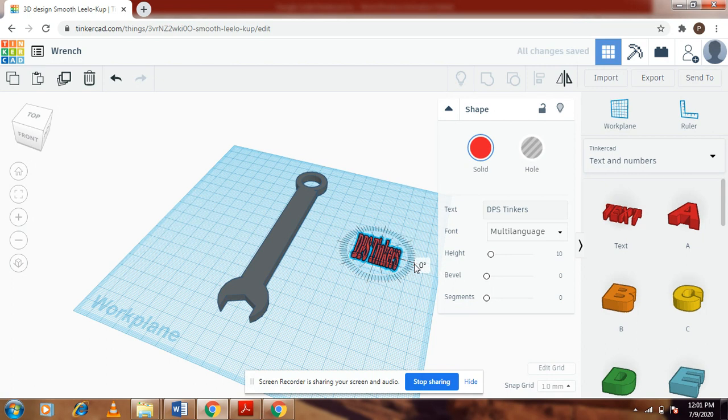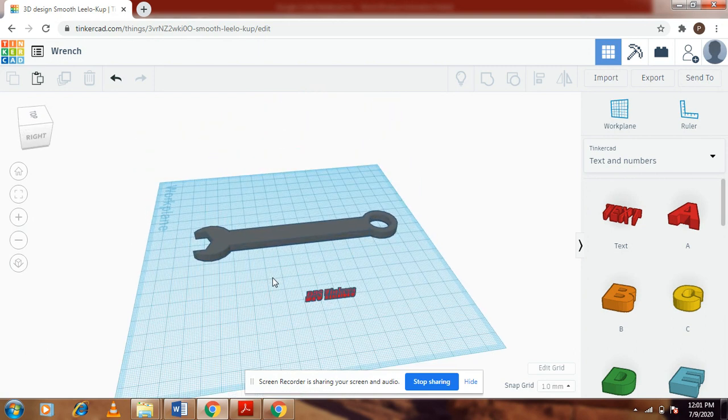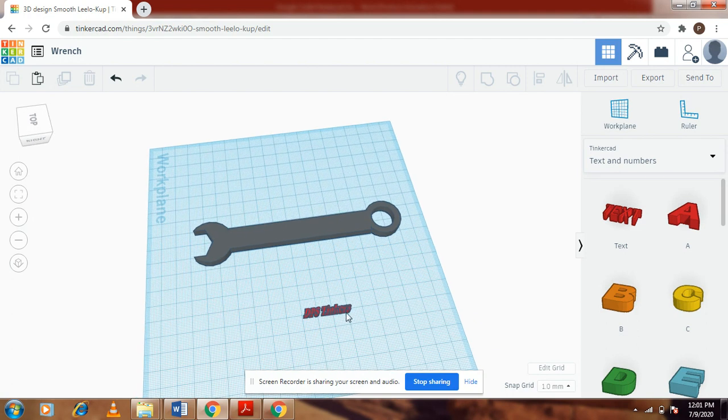And the width of this text I'll reduce to 5. And you can go ahead and then select the font. I would like to change the font of this text.